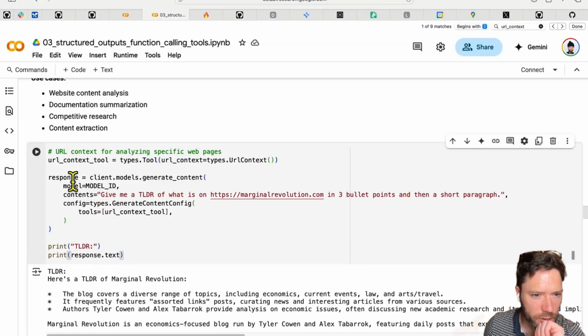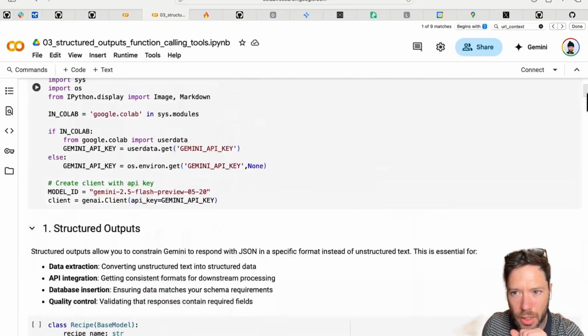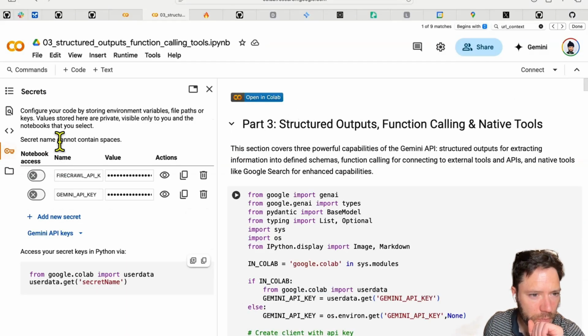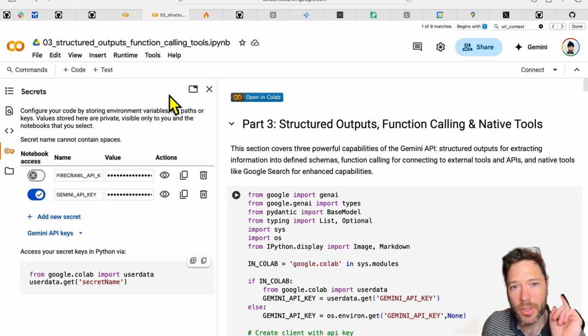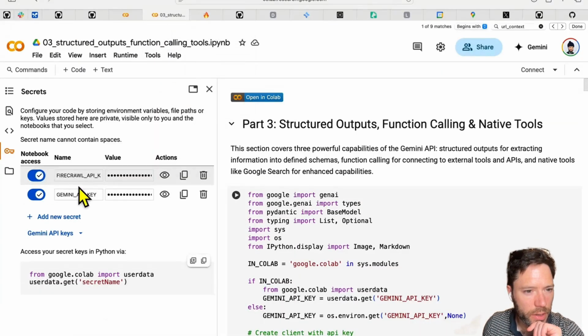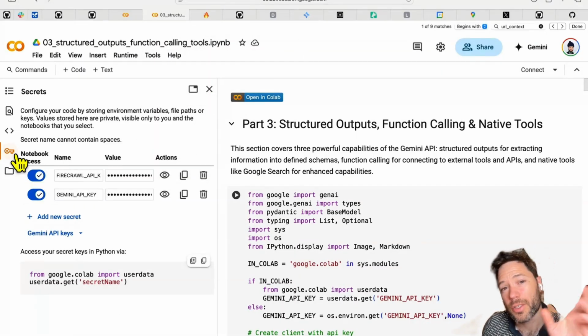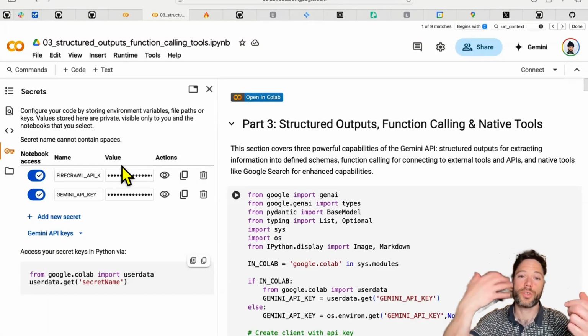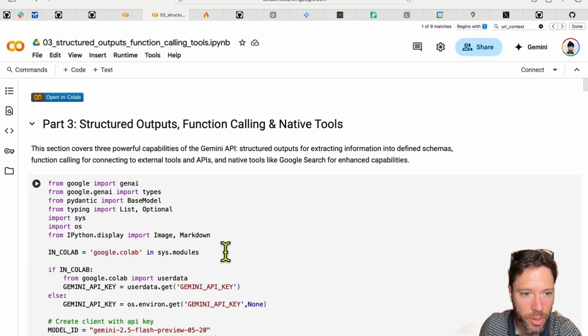Let me see if I need to set up a client first. I'm in another notebook here. I need to make sure I turn on my API key. I'm also going to put in a Firecrawl API key, which I've gotten from Firecrawl. You've got, I think, up to 500 free web to markdowns. And the reason I want to do that is to do a side-by-side comparison of which is quicker, doing Firecrawl and sending it to Gemini, or just directly sending it to Gemini.